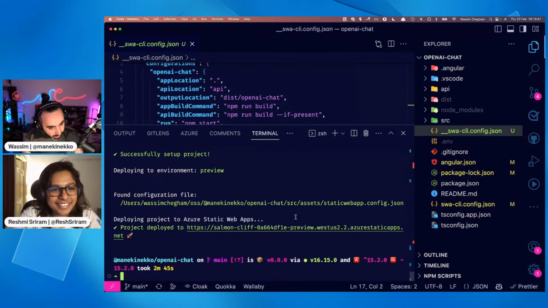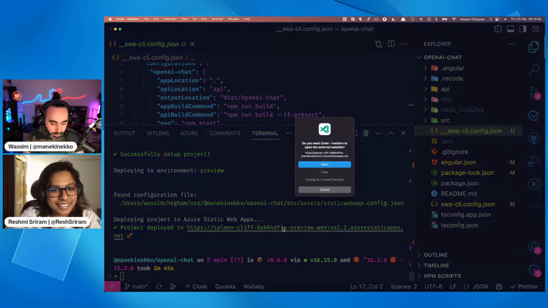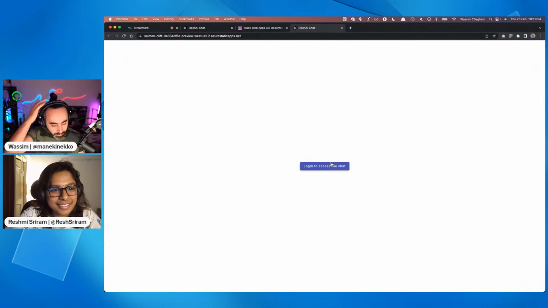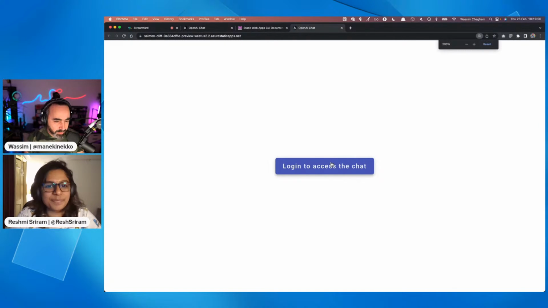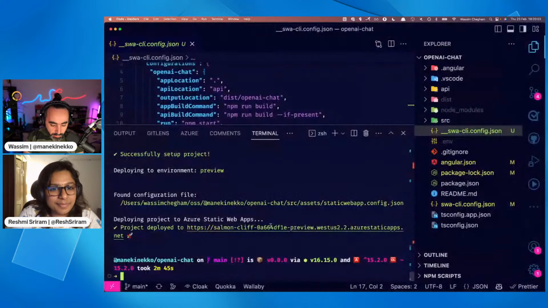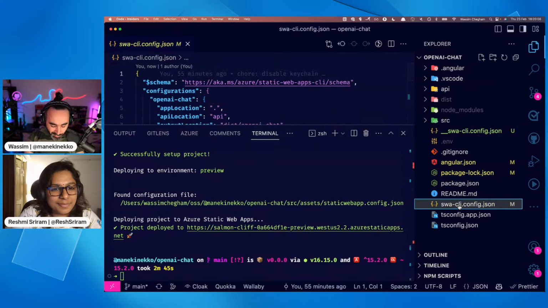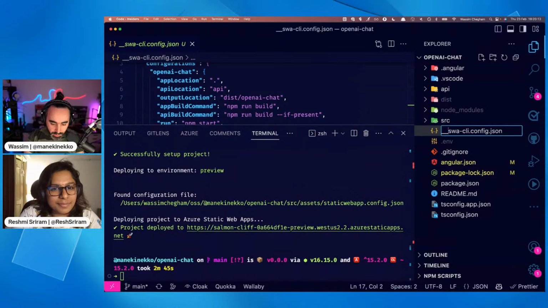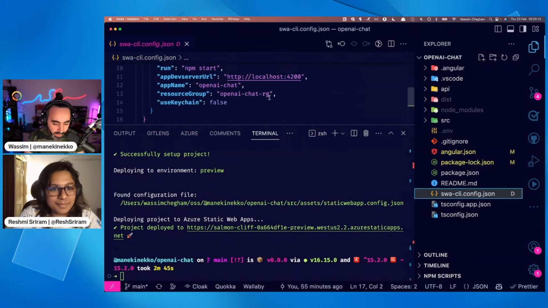I'm not going to click on the app. I can show it to you, but I know this probably is not going to work because on the backend, I need some API access keys for OpenAI, and I didn't set that up. I need to go through the portal and set those up. However, I'm going to remove the configuration file we just generated and reuse the previous one, because it has my app name and my resource group name, which are already configured with my OpenAI